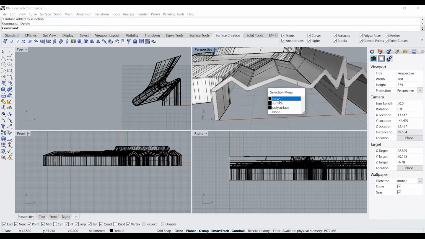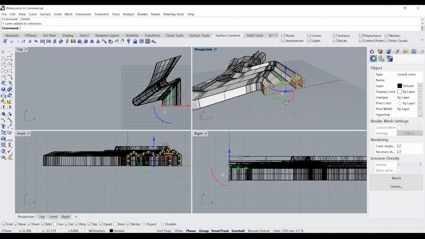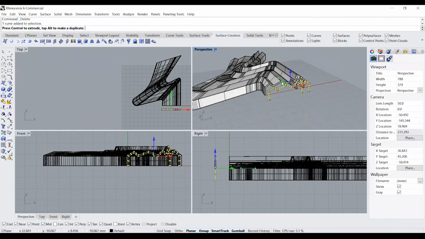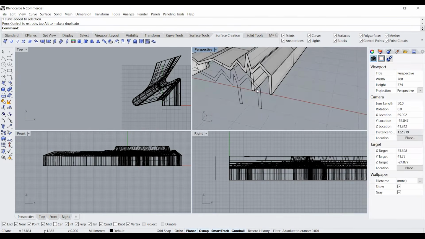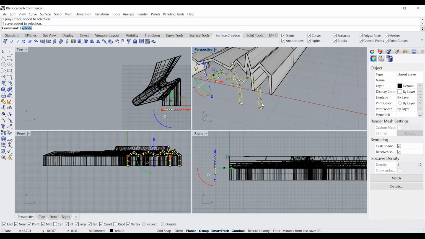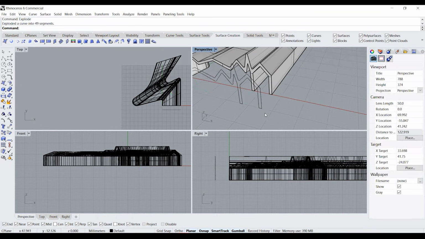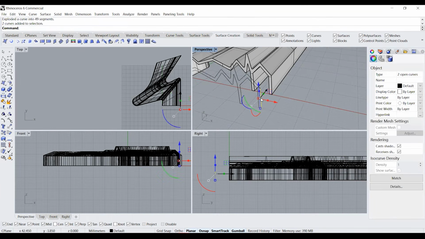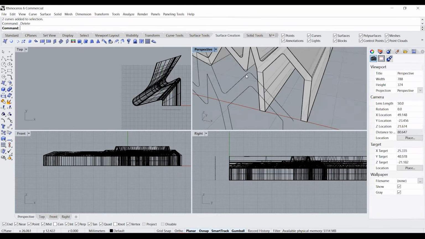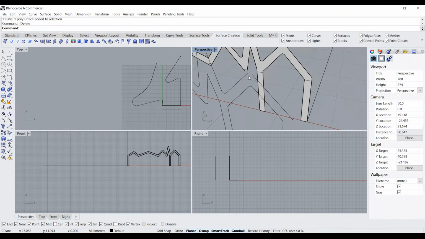So for that, I'm going to take my curve and just bring it slightly forward, and I'm going to explode this. I'm going to just get rid of the curves that we don't need in this.